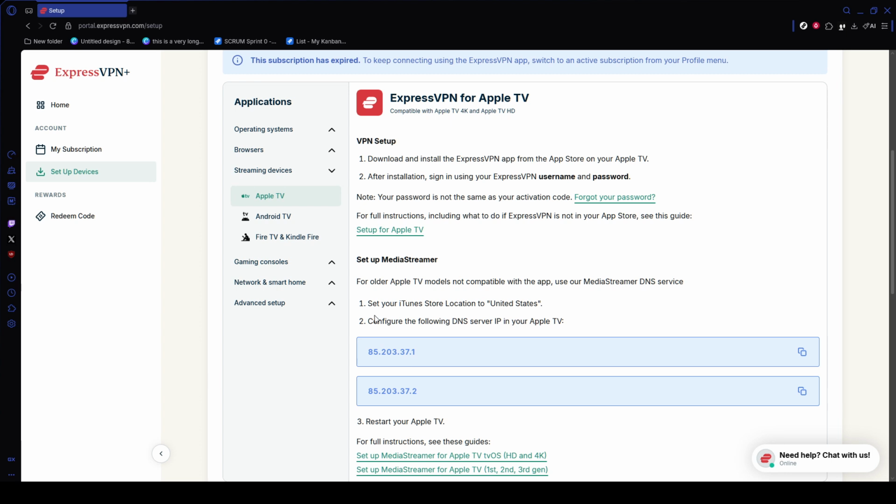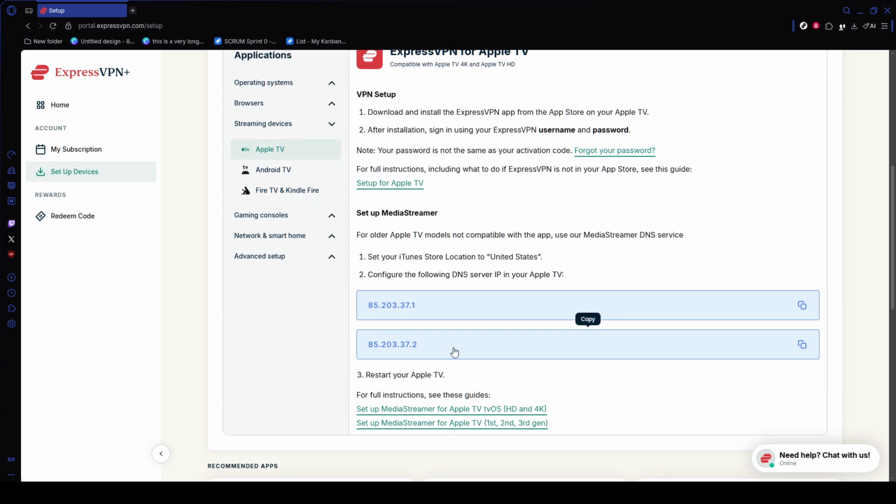Confirm that the displayed IP address and location match the server you selected, and make sure your normal provider details are hidden. Once that looks correct, your VPN connection is